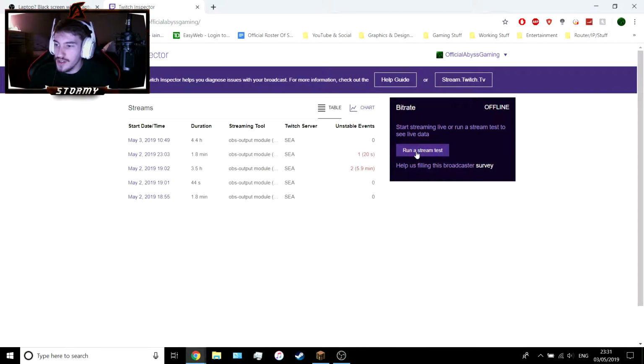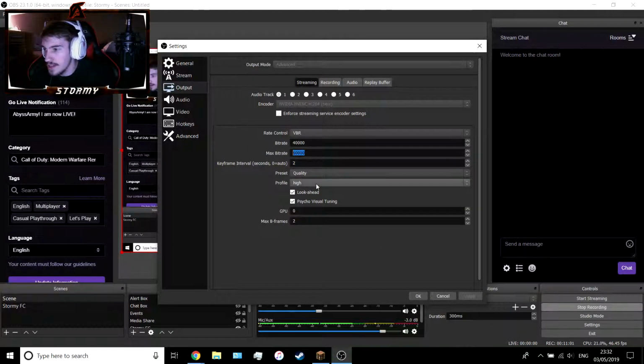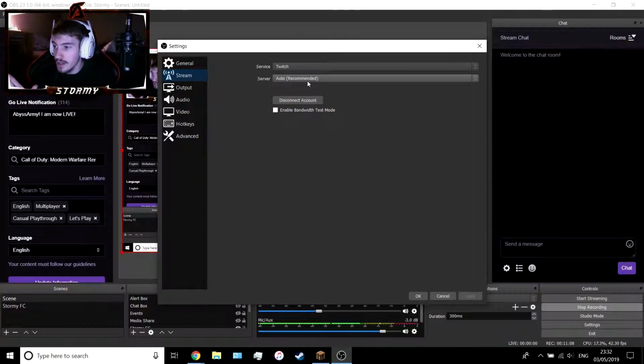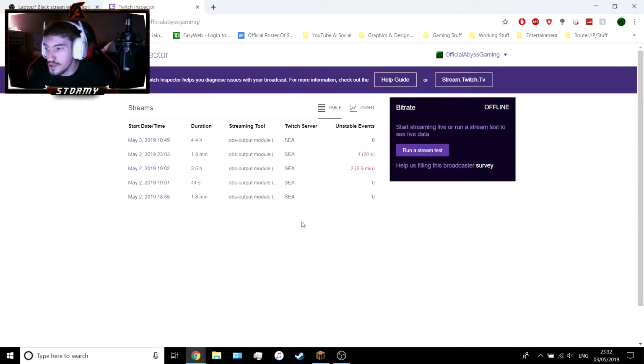You can see right here, it says Run Stream Test. Click that. Now, this is your key, for instance. You want to make sure you have this bit that's highlighted right there, and just copy that. Close it, open your broadcaster, and when you go to your streaming key, as soon as you put the stream key in, paste that in after it. When you start streaming, it's going to go over to your Twitch Inspector,